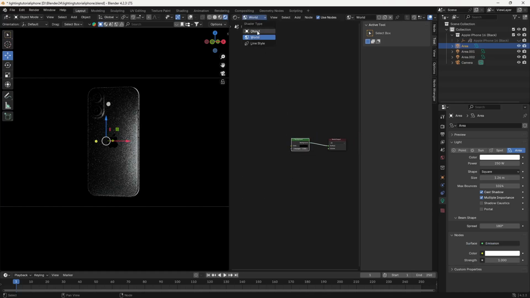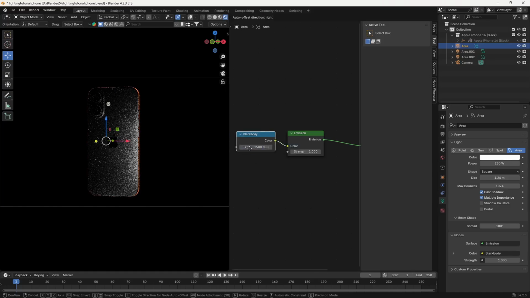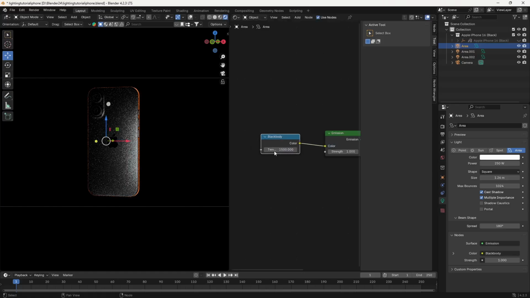So let's just go to our object, and here you can see we have this emission here. And here what you can do, you can just click here and add a black body. Okay, so if I type a black body color, now you can see we are having this black body color, and we are getting this temperature here, which is of the orange color. So you can really play with these settings as well. So let's just go to 8000, so we get a cool color effect.